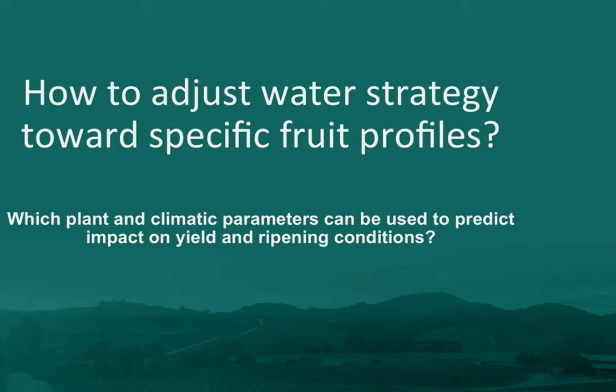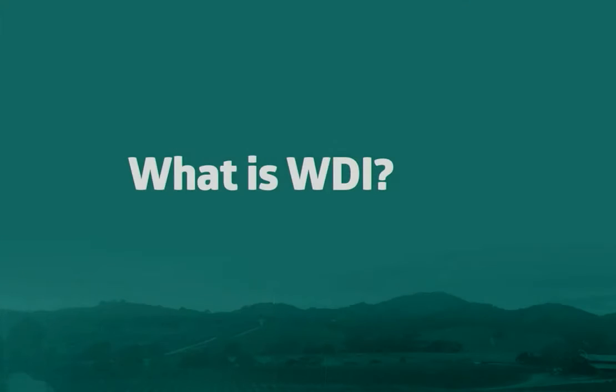So in order to transition into the next speaker, I wanted to see if we could start putting ourselves in the position of defining the specific fruit profile through the monitoring of a given water strategy. And in order to do that, I think we need to reconsider a little bit how we analyze water status changes, as opposed to looking indirectly at the water potential inside the plant, which is dependent upon water deficit in the air and water deficit in the soil. So it's very difficult from a water potential to directly assess the plant water needs. Just look at the water use and learn from that.